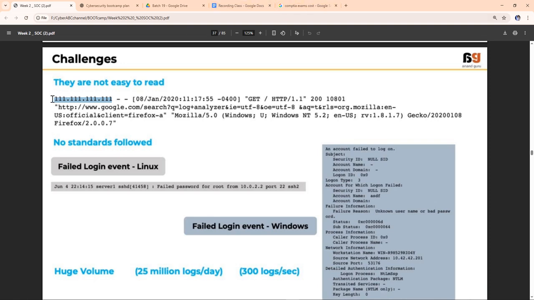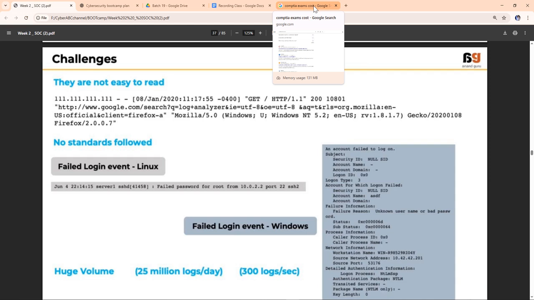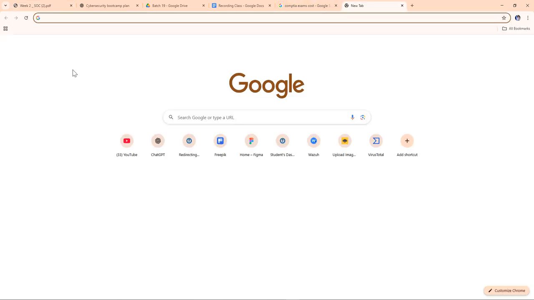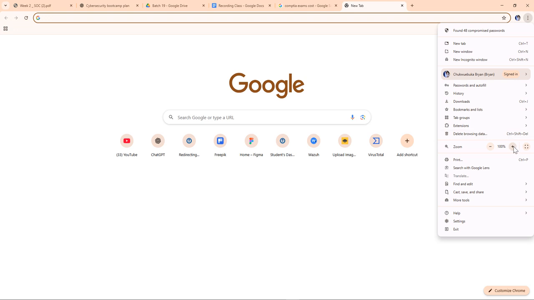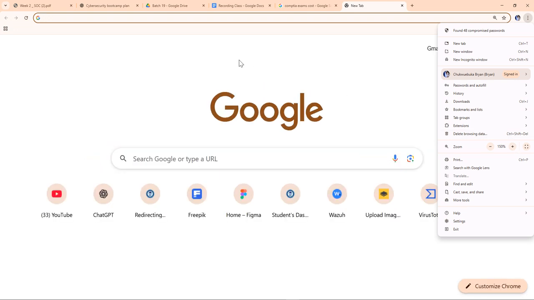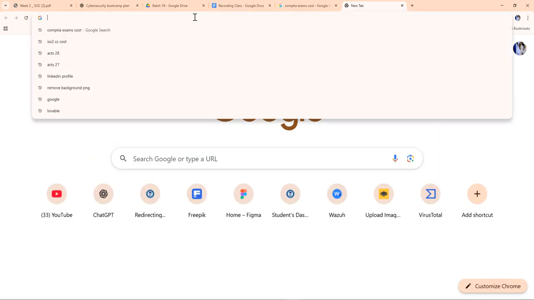So the address here is what? 111.111.11.1111.1.1. So you will have to go to your browser, because it is enhanced on your system. Type in